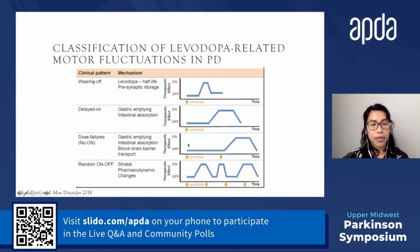And then you have dose failures, or a failed dose, and that's when a person will take their medication and they don't notice any benefit at all, even after taking that second dose. And after that second dose, or the next dose, they'll start to notice benefit in their symptoms. And so for